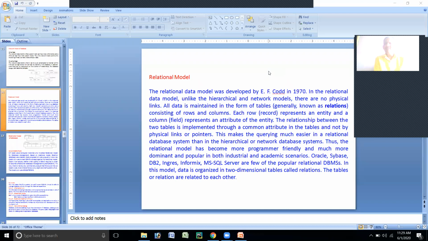Query. What is query? Query means extraction of information from the existing database. Remember this. This is a must in the database concepts. What is query? Extraction of required information from the existing database, only what I need, that is what I take. That is a query. I am giving an instruction to the database that I want to see only this information from the database.